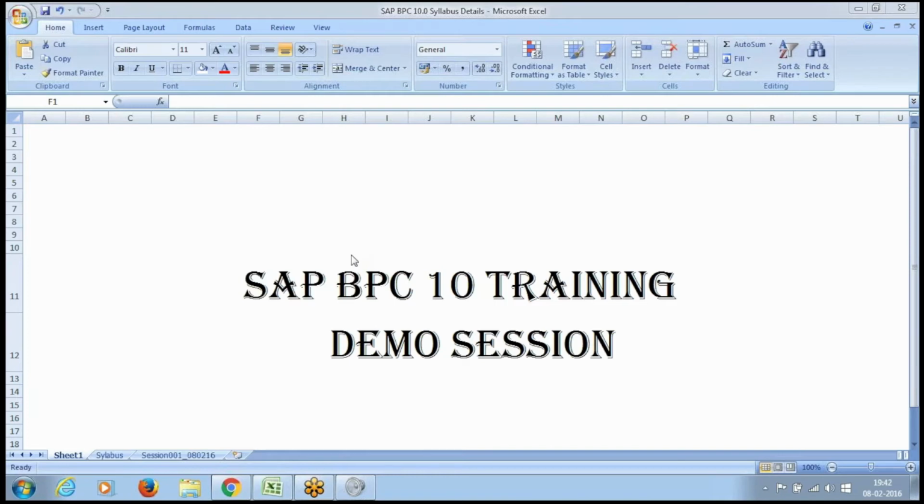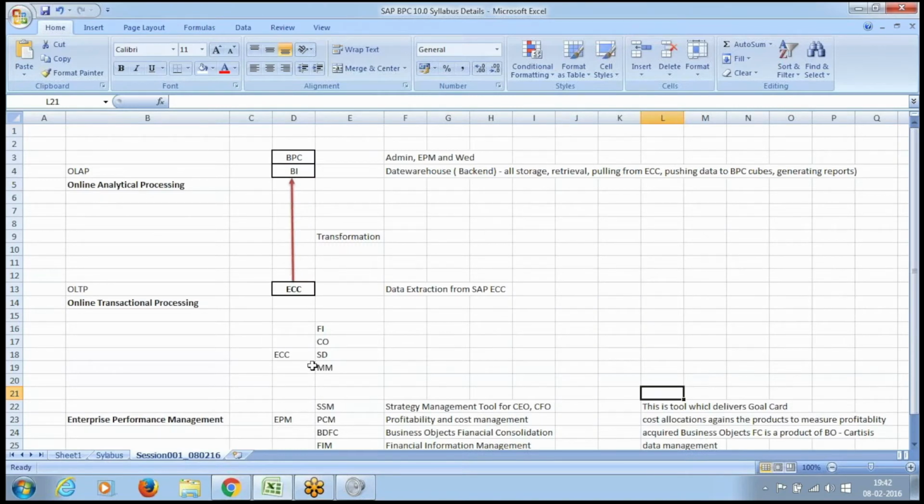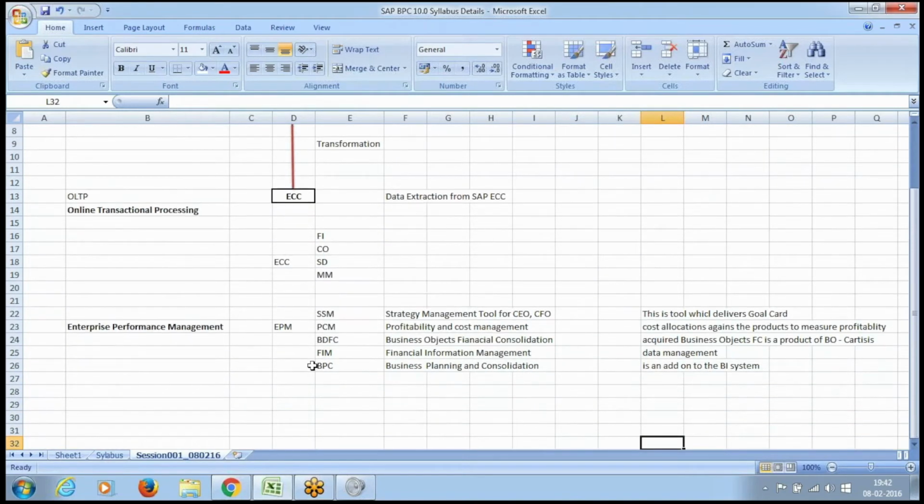Now, the branding as such is, before SAP bought or acquired OutlookSoft, it was named CPM, Corporate Performance Management. I think I've typed in all these things here. I'll send a document which explains all this theory part separately, and you have this recording as well. So before SAP acquired BPC, it was called CPM, Corporate Performance Management, and now it